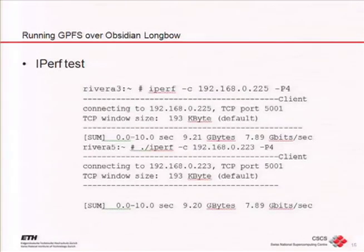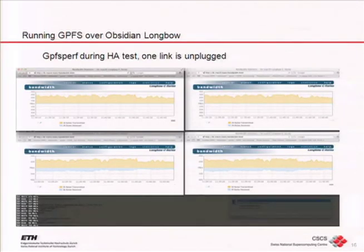We also ran this IPerf test. Basically, this 9.2 gigabytes, and we were getting close to 8 gigabits a second. I'm not sure if you can see this very well, but the point of this graph was really to show